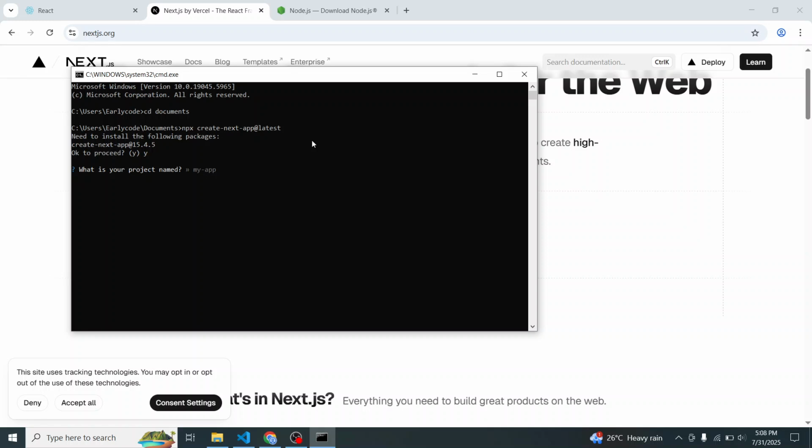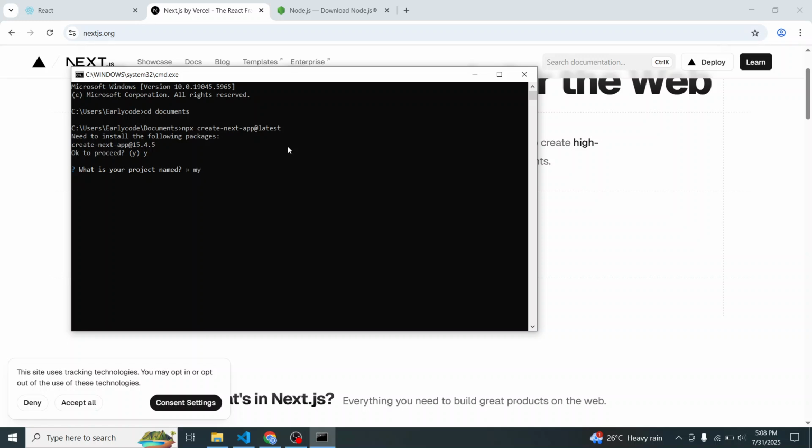So like I said, a directory is otherwise known as a folder. Now the piece of code we just picked from Next's official website, all this guy is going to do is actually create a folder for us. So the name of the project that is being demanded at this stage is going to be the name of the folder. Basically, what should we call that folder? And I want to call mine